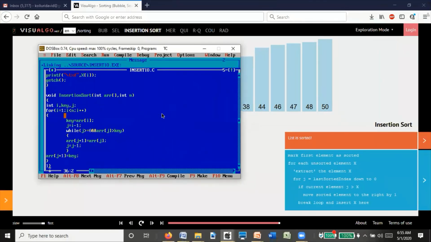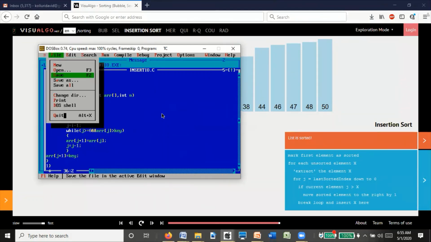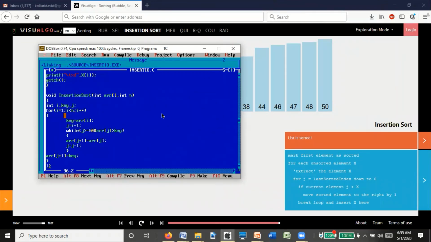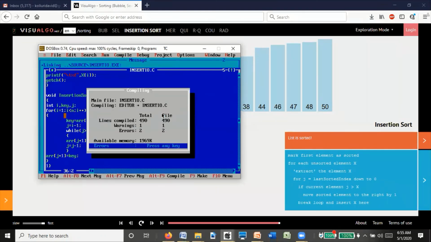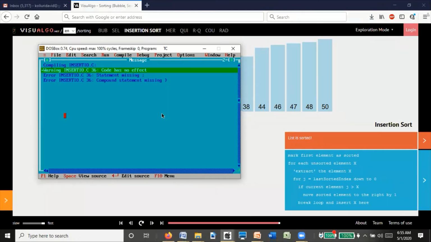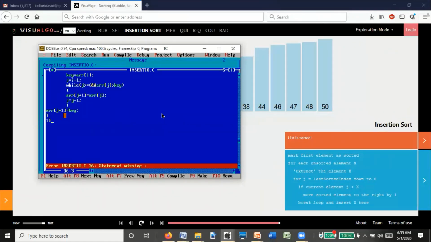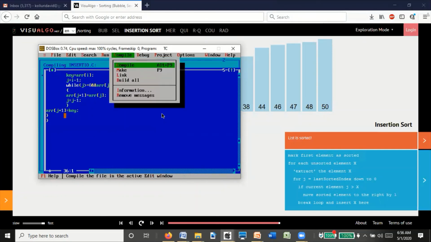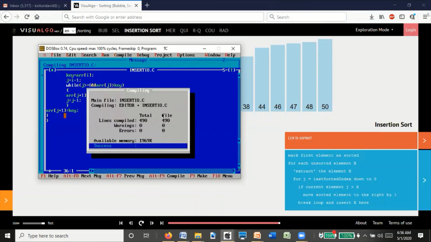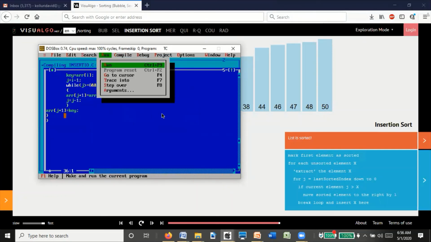Now we will execute this particular program so that you can understand very easily. So 2 errors. Statement missing. What is the statement here? Unnecessary. Then compile. No errors. Then run the program.